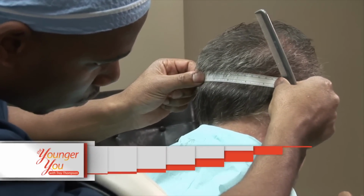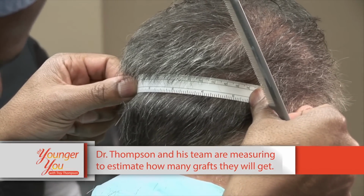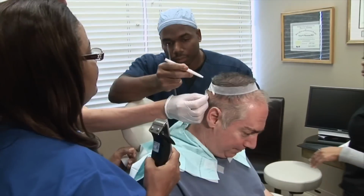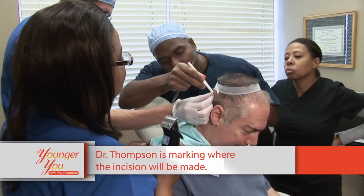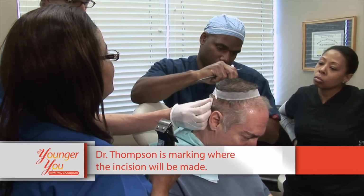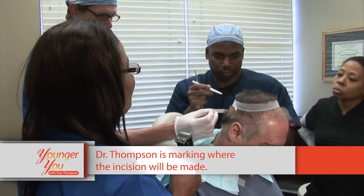Right now we're measuring the distance of how much hair we want to take because we can estimate how many grafts are per square centimeter. So right now we're going to make a mark just in the length we want here, which is going to be about 15 centimeters. And then we need it a certain width to get the grafts that we need,